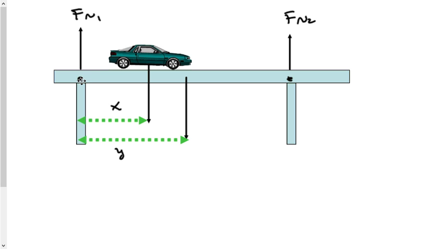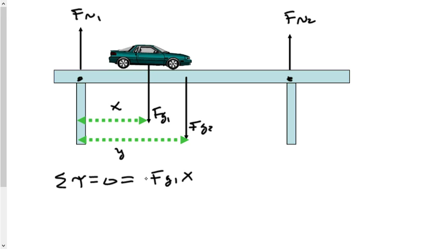Now, since this is our point of rotation here, we can say the sum of all torques is equal to 0. Let's call this force gravity 1, and this one will be force gravity 2. These two cause clockwise torques, so therefore negative, and force normal 2 will then cause positive torque. So we're then going to say force gravity 1